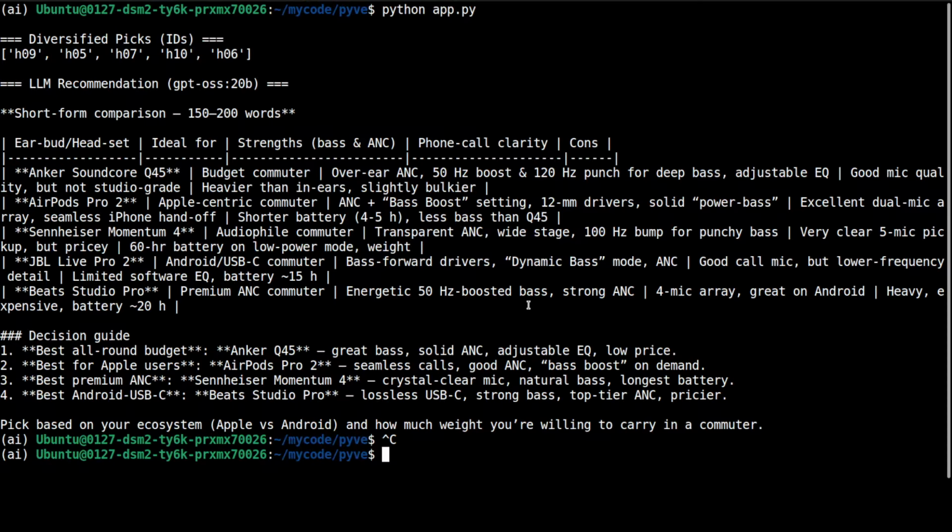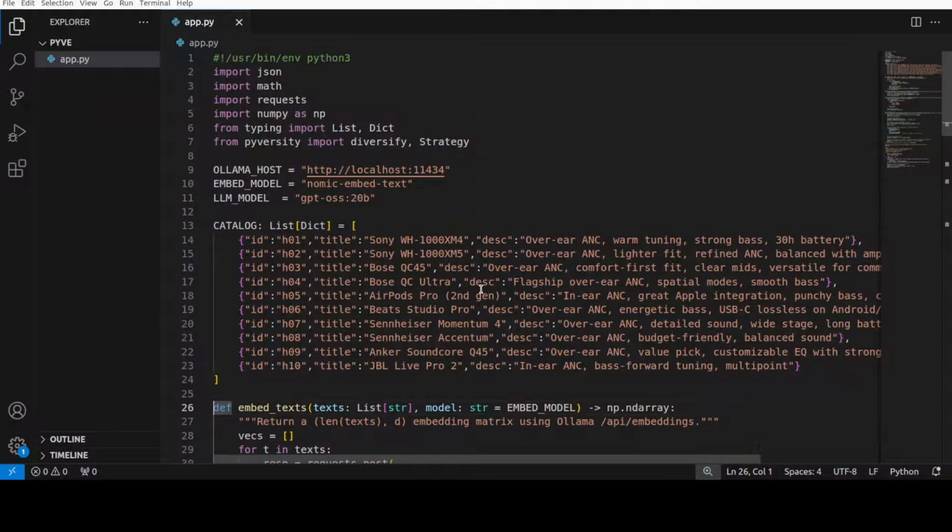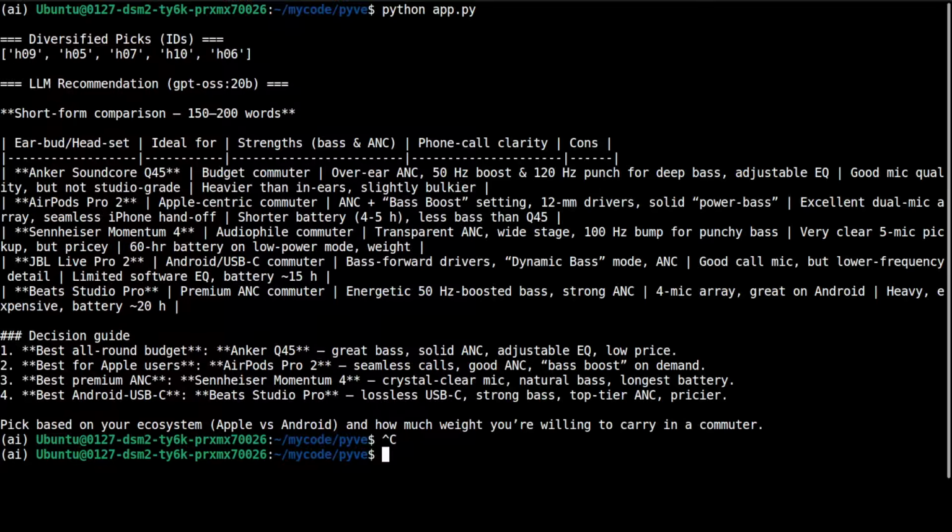So you see, this run is showing you the full RAG plus diversification loop with Pyversity. Pyversity's MMR re-ranker selected a diverse top 5, which is H09, H05, H07, which map to Anchor Sound Core, Q45, or AirPods Pro 2, all the products which I just mentioned in my code randomly. So it is a spread across brands and form factors,